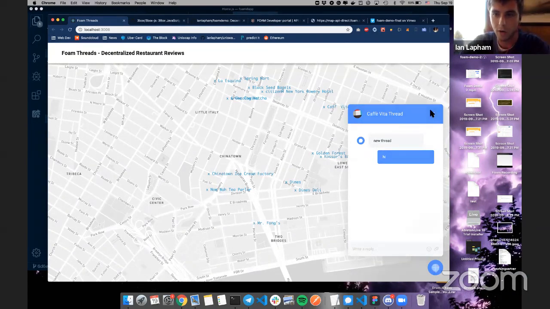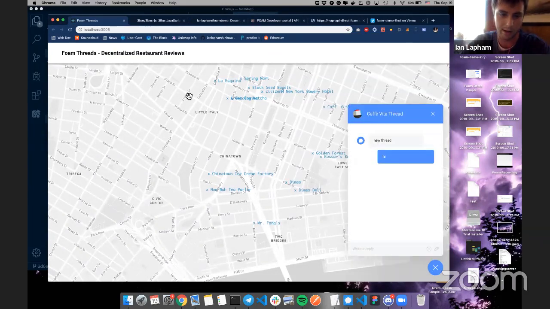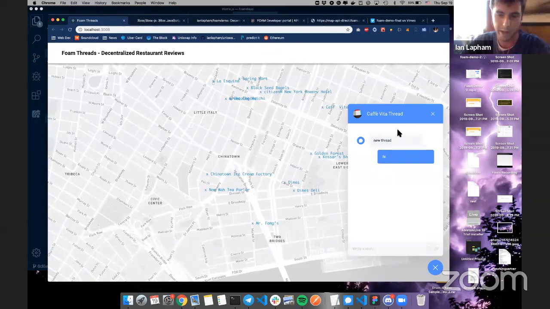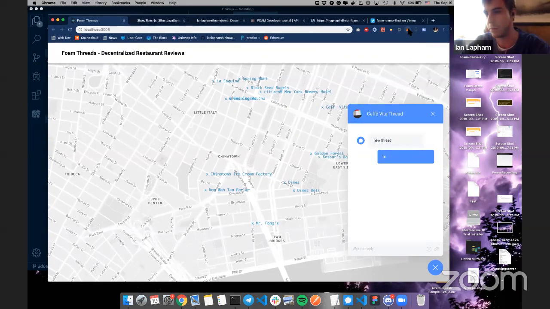So it's pretty cool. Another thing that I'll mention that you guys didn't see because I've already done this with this account is when you are accessing the dApp, the way that your profile gets generated is you sign some transactions and provide some approvals with your MetaMask. And basically what that does is it uses the 3box API to generate an account for you.